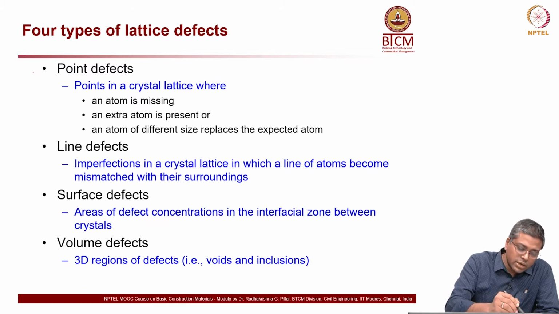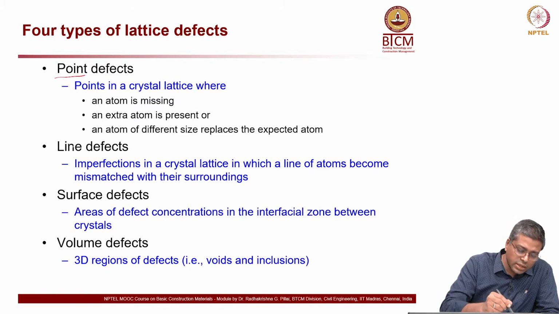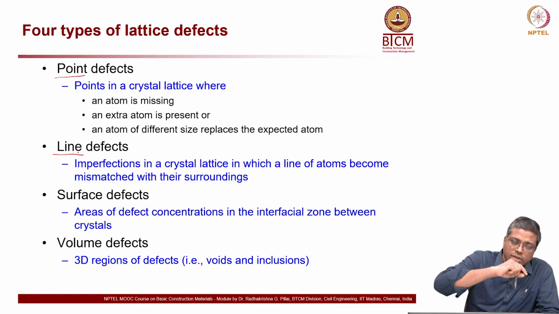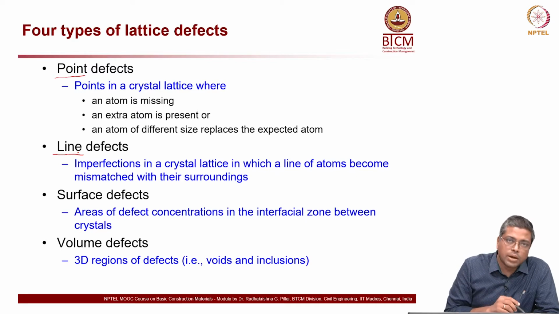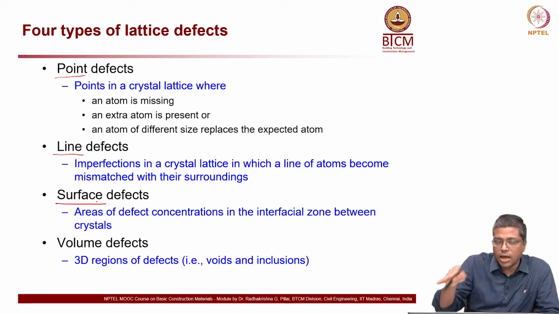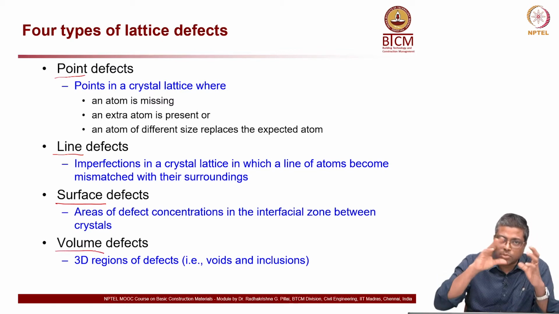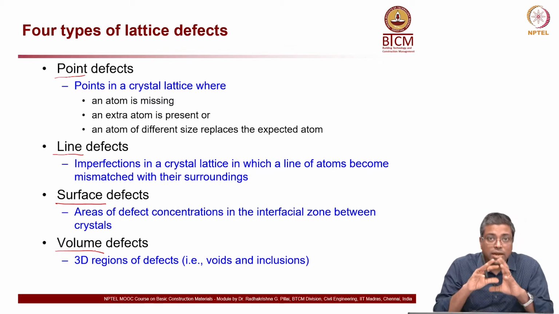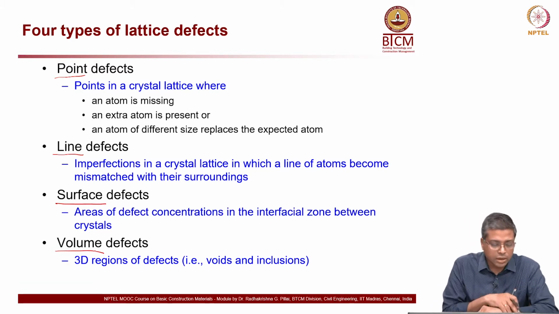One is point defect, where the defects are at individual points. Then another one is line defect, where the defects are along a line. It could be in different directions, but they follow some kind of one dimensional pattern. Then you have a surface defect, which is like a plane having some defects, so it is 2 dimensional. And then you have volume defect, which is 3 dimensional, so the entire 3D space is having some defect. We will have individual discussion on each one of these in the remaining time.